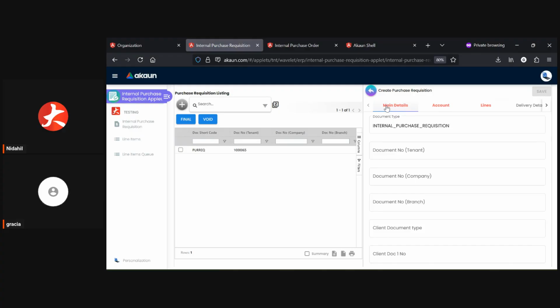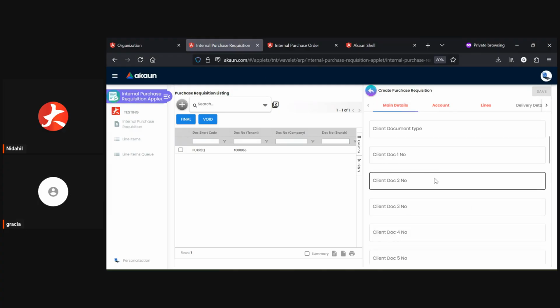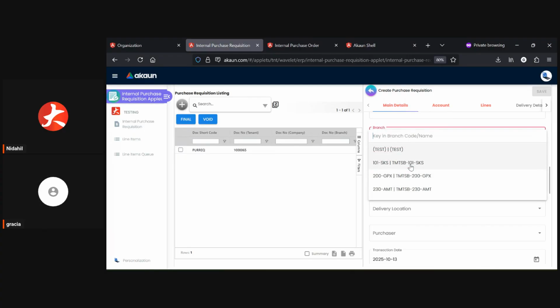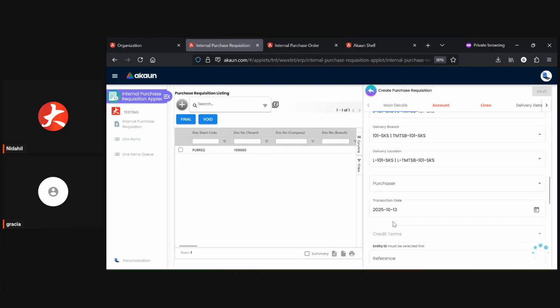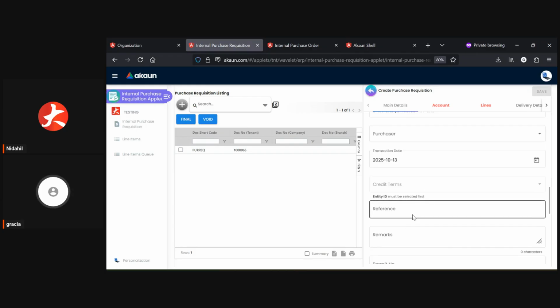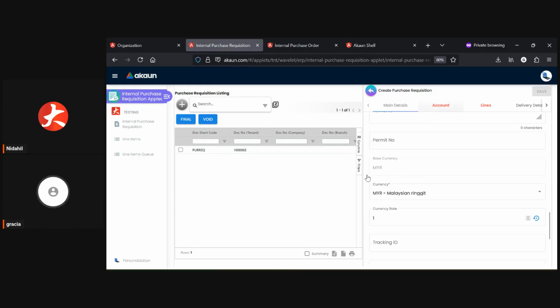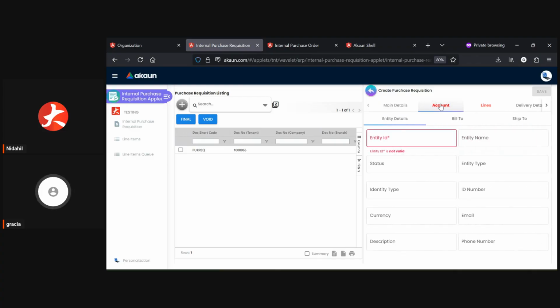The first tab would be the main details, where you need to choose the branch, and then the location will follow the branch. Add the date, and if you want to key in any reference or remarks, you can. And then you can go to the account,